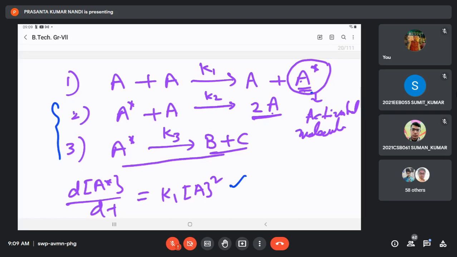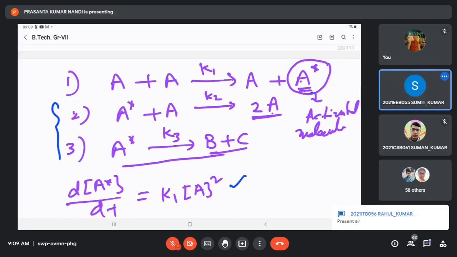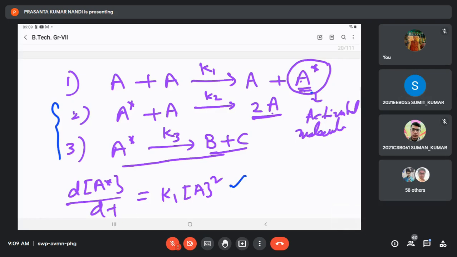In the first step, two molecules of reactants are involved in a 1:1 stoichiometric ratio, and it forms A plus A star. Superscript star indicates what? Activated molecules. That means in equation 1 we see two molecules, they will not be reacting because no new chemical products are formed. Rather, out of these two reactant molecules,